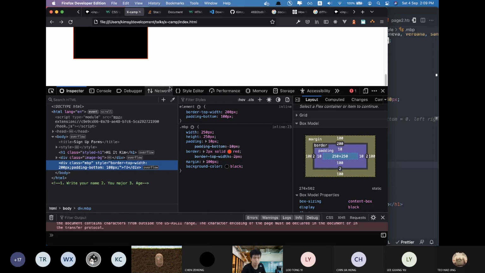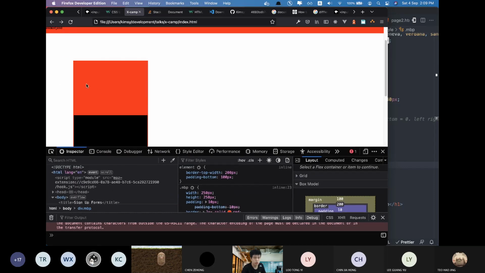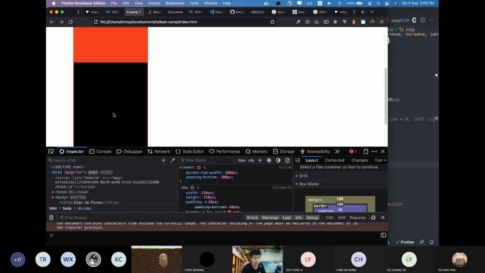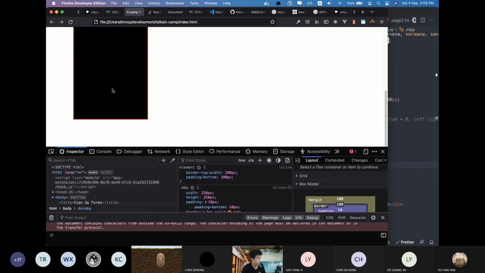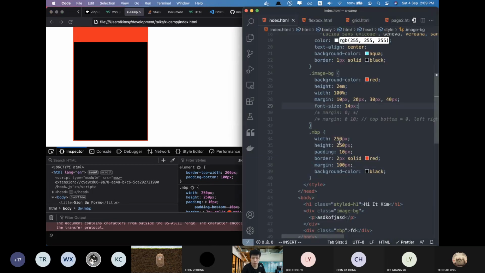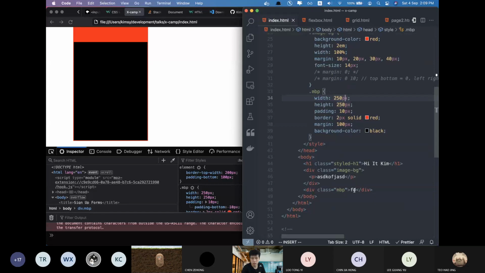You can see initially it's 250 and 250, right? Because of the padding, it squeezes it out a little bit. You can't see the color because I made some mistakes there. Probably I need to do it this way so that